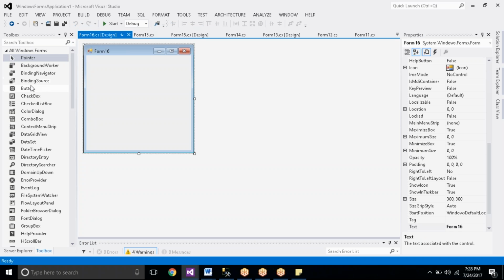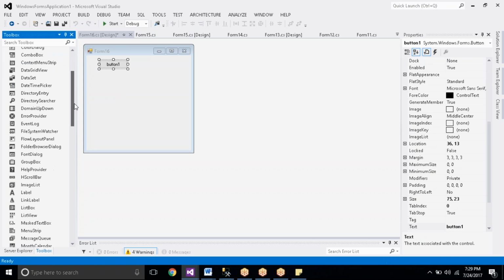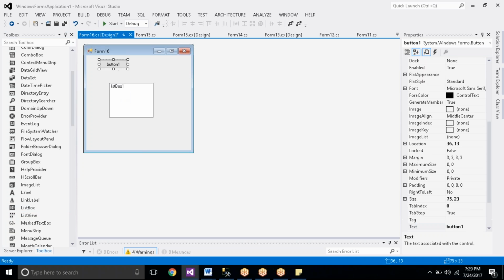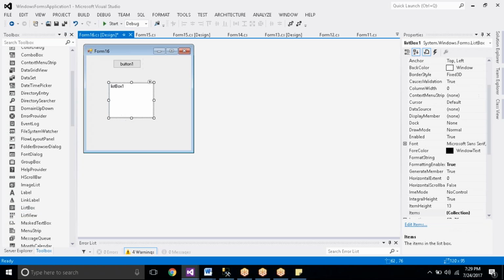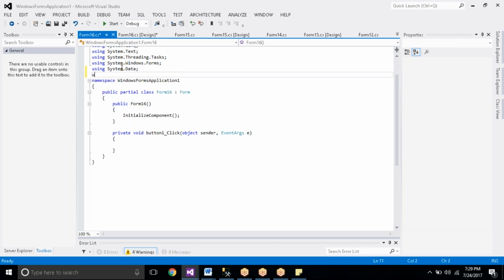Now listen here, all of you. When I click on this button, what you need to do is, here we have a list box control, right? Whenever the user clicks on this button, whatever employee IDs are there, we need to bind those employee IDs to this list box. That is the requirement. What namespaces do we need to add? Using System.Data and using System.Data.SqlClient, right?